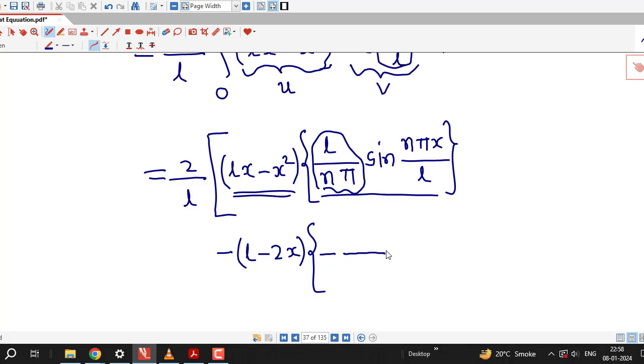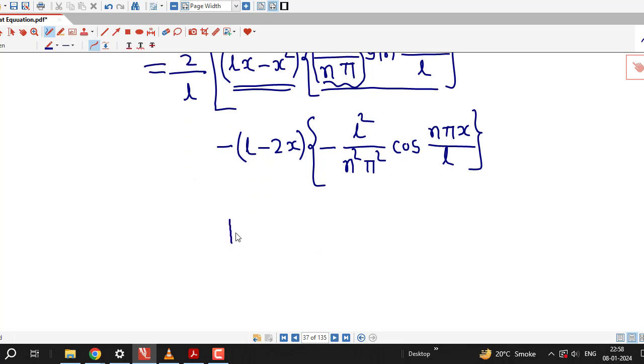So we have the square of L over n pi, that is L square divided by n square pi square, and because the integral of sine is minus cosine, we have this negative sign, and here we write cosine of n pi x divided by L,